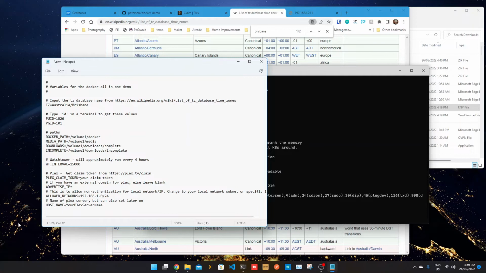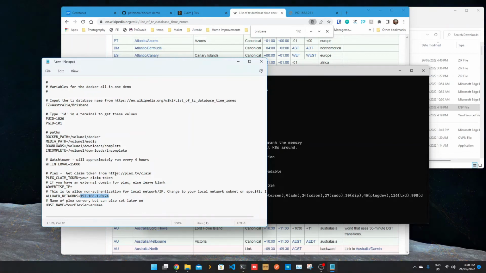What you can do, though, is you can supply either a single IP or all your IPs on your LAN, and say if anything's coming in from any of those IPs, don't go out to plex.tv to authenticate. Just let them in. Right? I set it to my local network, 192.168.1.whatever. And the /24 basically says anything on my local network can authenticate to Plex without having to go out